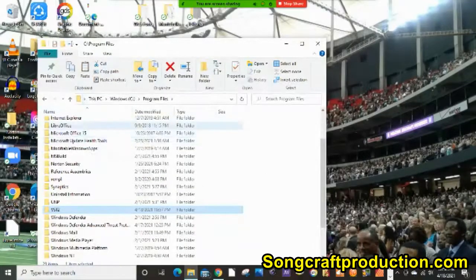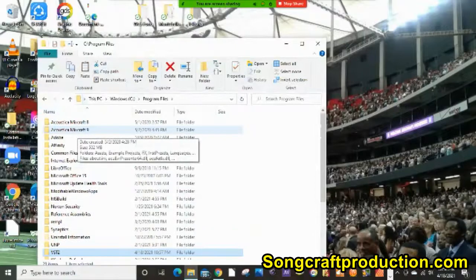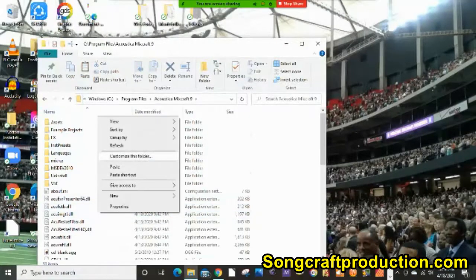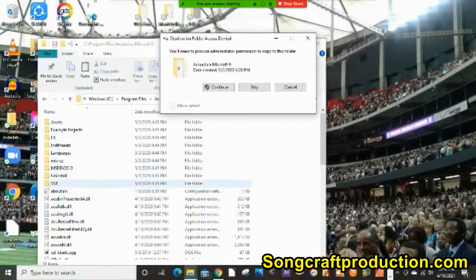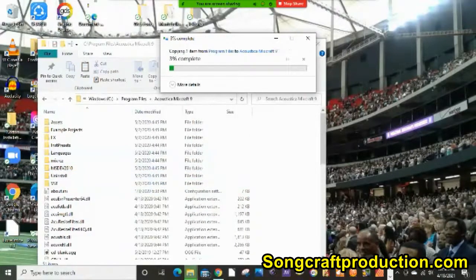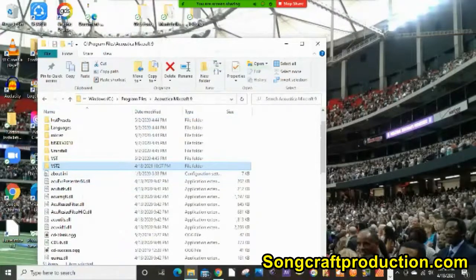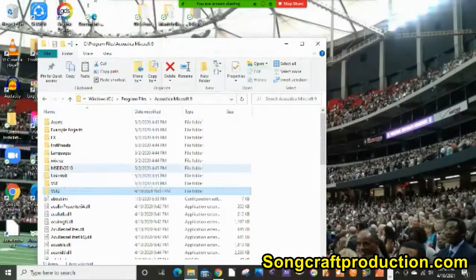And we're going to go into here, and we're going to paste it in here. Now it's going to give us a message. Okay, so we're going to click continue. Okay, so now we got the new folder inside the program